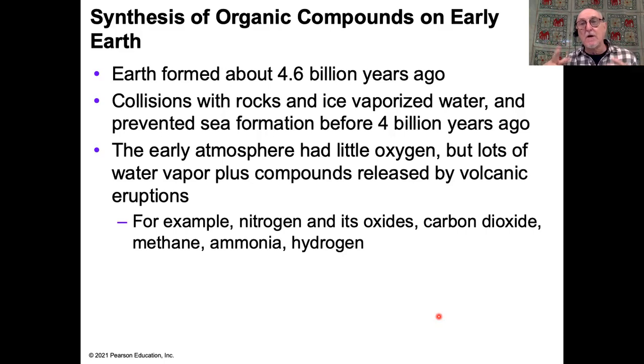It was far too hot for liquid water to exist. And liquid water is a prerequisite for life. So until liquid water could occur on the planet, life itself could not evolve. But actually quite rapidly, by about 4 billion years ago, the Earth had cooled enough that all the water vapor which had been driven into the atmosphere by the heat could begin to condense and rain out. And the longest rainstorm in the history of the Earth began, lasting several million years, to produce the primitive oceans. The primitive oceans were rather hot.